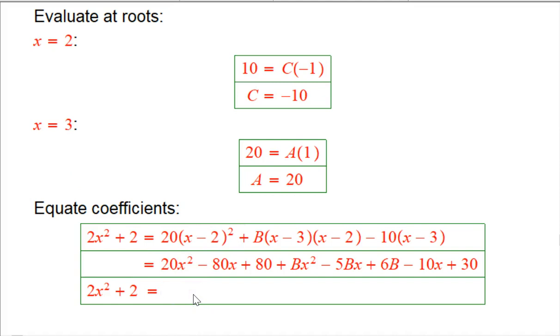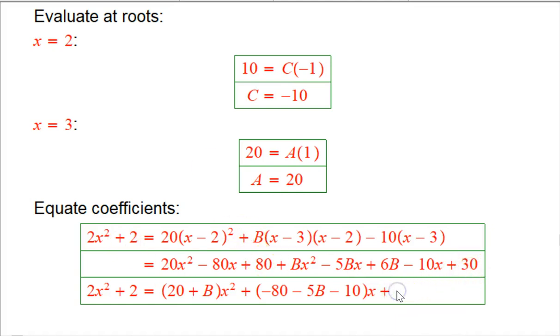Ooh, and I didn't finish that. That's okay, that's about where I wanted to be. Just expand it out carefully. Okay, so we get 20. I expanded it, and then I'm collecting 20 plus b, and that's all the x squared coefficient, plus minus 80 minus 5b minus 10, that's all the x coefficient, the linear term, and then plus, let's see, 80 plus 30,